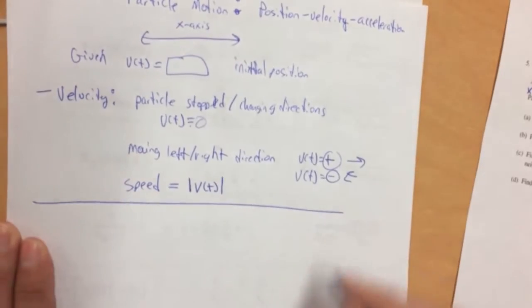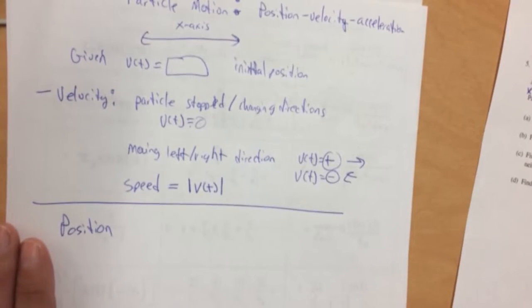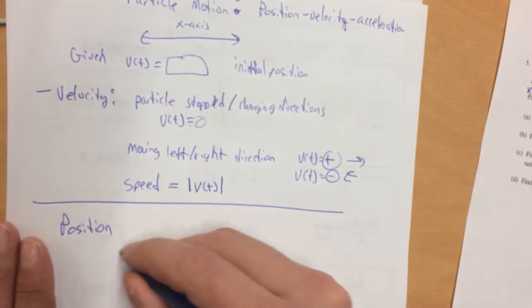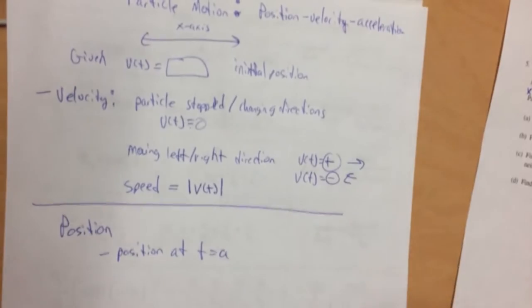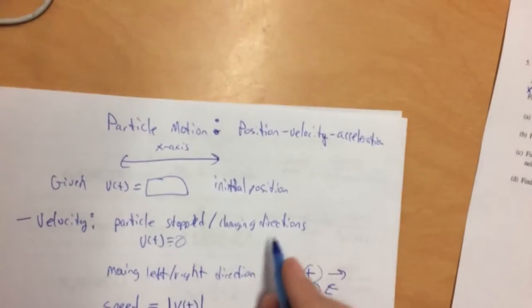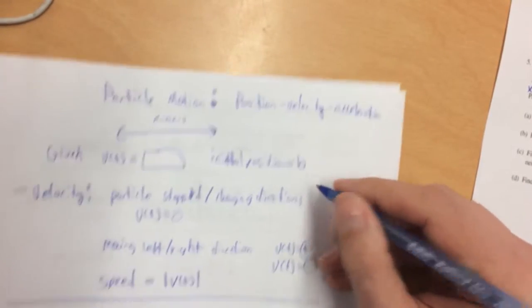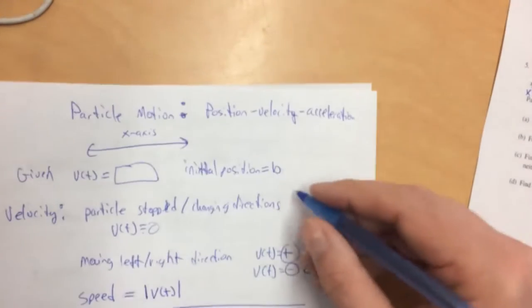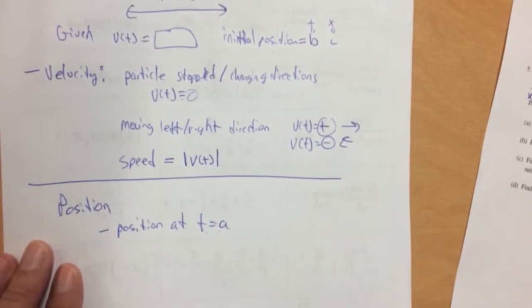All right, other common questions they ask are about the position. The first thing is they often ask about the position at a certain time. So position at time equals A, we'll say it, okay? And remember, they will give you an initial position, and we'll call that initial position C. So at T equals B, the position is C. And if they want to know the position at time equals A, then the way we find it is